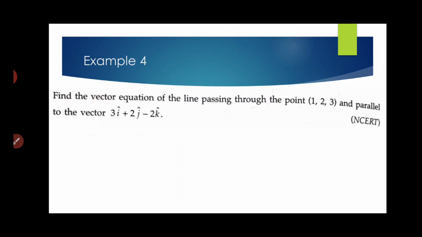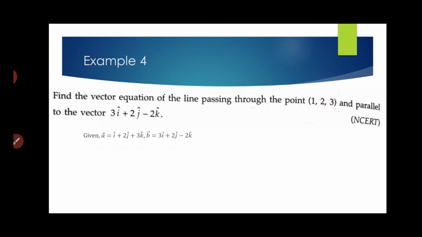Find the vector equation of the line passing through the point (1, 2, 3) and parallel to the vector 3i plus 2j minus 2k. Now, obviously, parallel to the vector means that this is the direction, because parallel lines have the same direction. So if it is given that it is parallel to a particular vector, that means the line also has the same direction. So the equation of the line is given by,